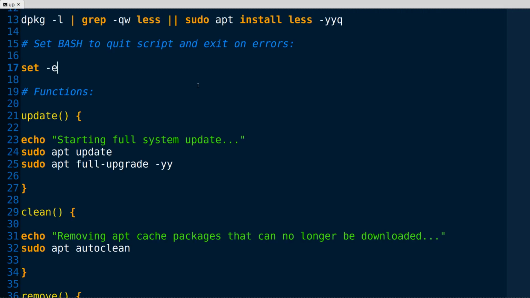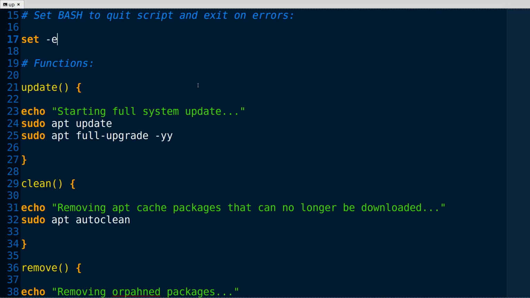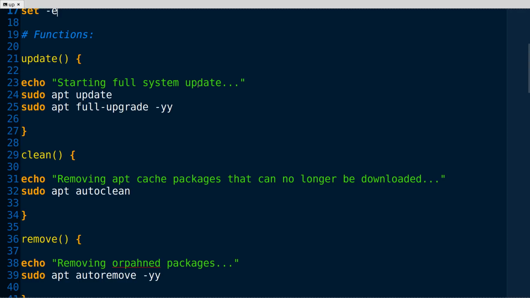And the reason why I did that is I didn't necessarily want to have update errors while this is running. I wanted it, if something didn't work or a mirror wasn't available, I wanted it to stop. I didn't want it to keep trying doing it.